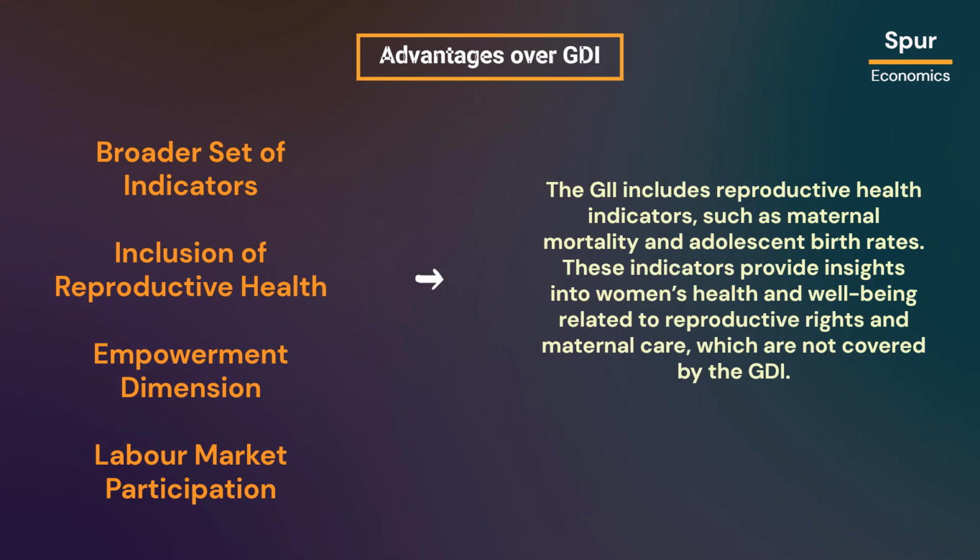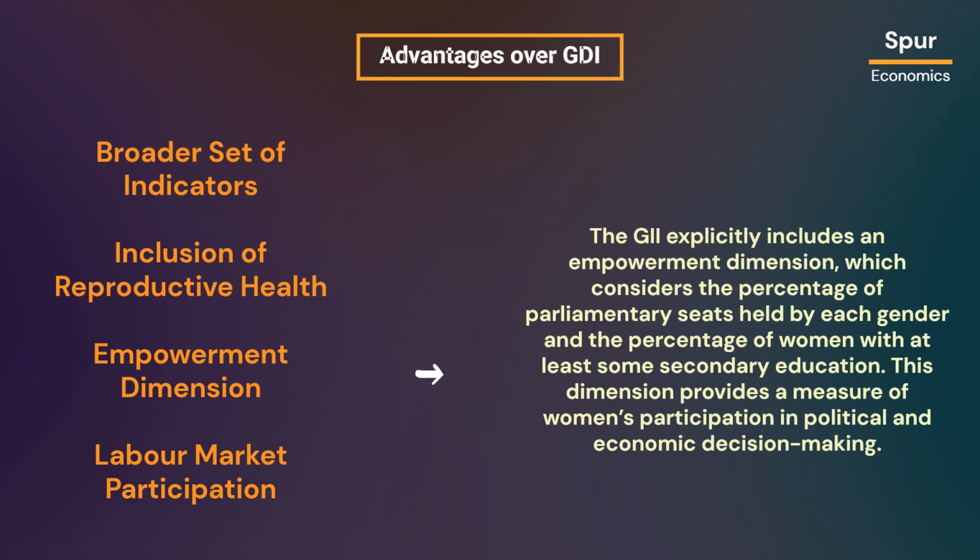The GII includes reproductive health indicators such as maternal mortality and adolescent birth rates. These indicators provide insights into women's health and well-being related to reproductive rights and maternal care, which are not covered by the GDI. The GII explicitly includes an empowerment dimension, which considers the percentage of parliamentary seats held by each